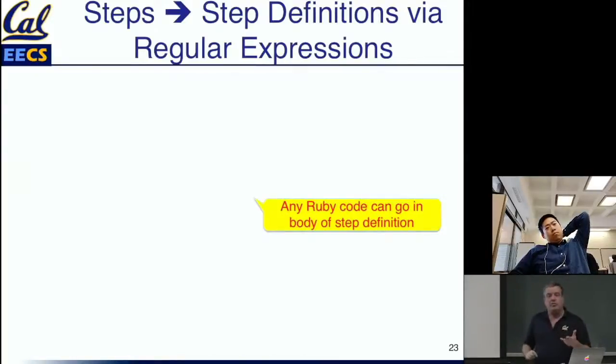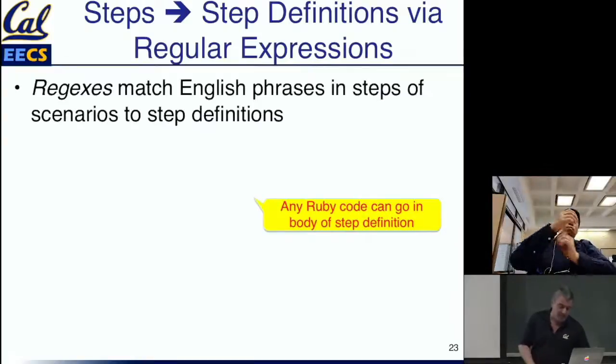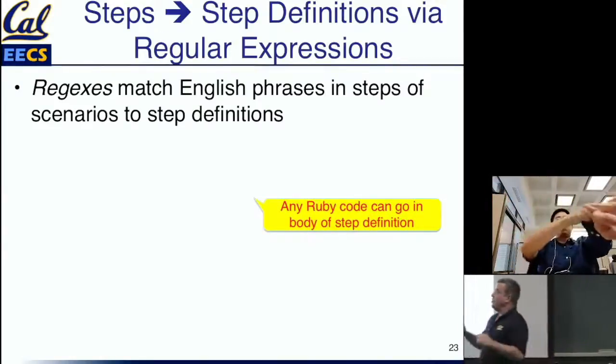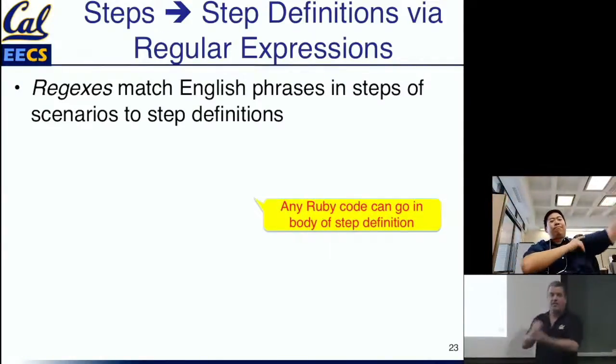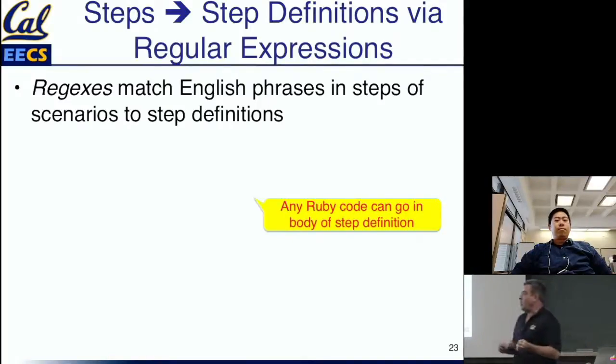So what's the connection between the steps of the script, given, when, et cetera, and the step definitions, which is the actual code that makes things happen? This is the magic of regular expressions, which I'm sure you all know and love. And if you were just waiting for an excuse to get back on top of your regex foo, that opportunity has now arrived. If you weren't waiting for that opportunity, it still has arrived because you'll be in a world